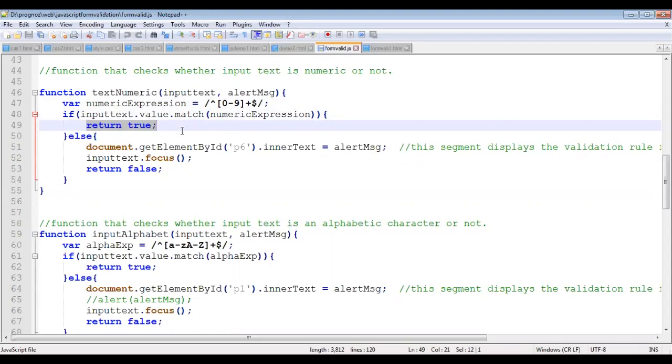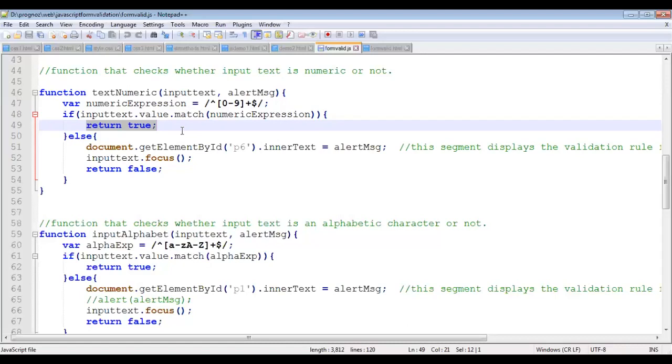Else I will display the alert message on the particular paragraph. Then we will focus on the same text box again, so the cursor navigates us to the same text box, so that we can identify in which text box the validation error occurred, and it will return false. If it returns false, it means the form will not be submitted.